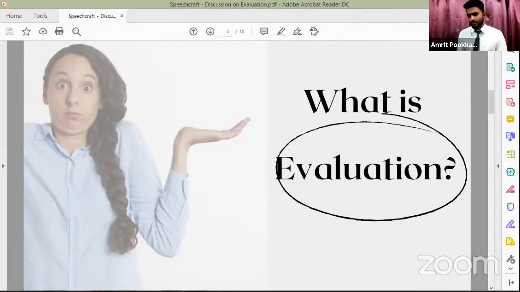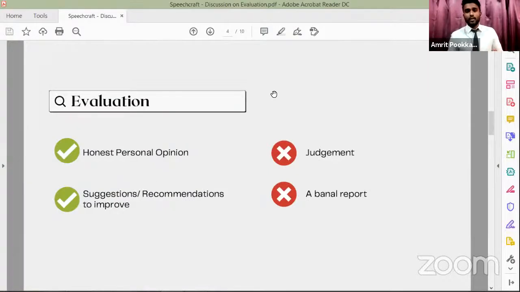Now, is that enough? Because Toastmasters is not a one-man show. It's teamwork, right? So when we put in effort preparing our speeches, taking up any roles, or maybe a leadership role, how we become a better version of ourselves is through feedback. And those feedbacks are really important in Toastmasters, and that's exactly what the evaluation speech is all about. It gives feedback about what we did wrong or where we can better ourselves.